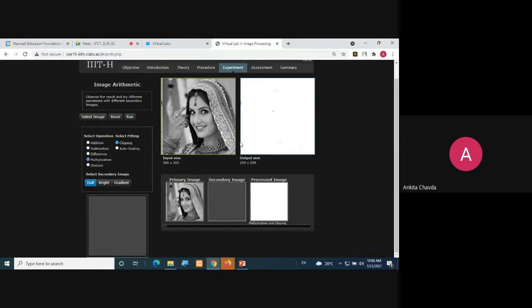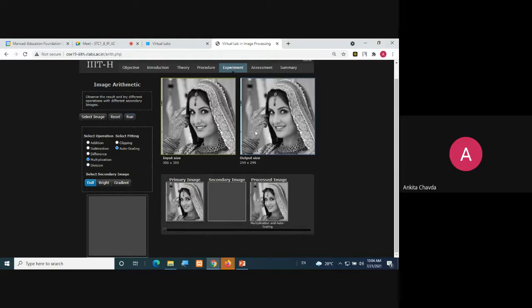Whenever we do the multiplication, the value will be greater than 255 only. Whenever it is greater than 255, it will become 255, and 255 is for white color. So we are getting a white color image. But the same thing you can check with auto scaling, so you will get the result at least.